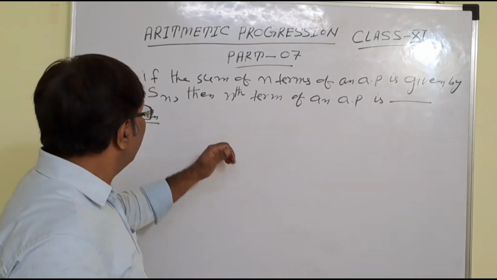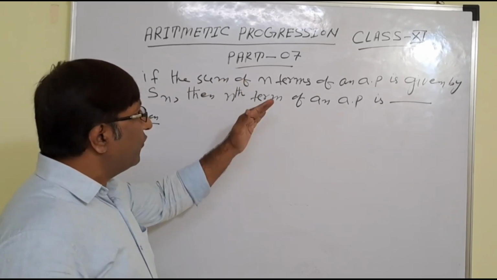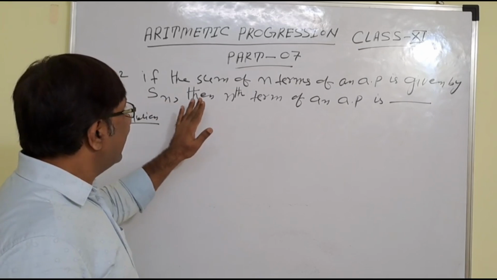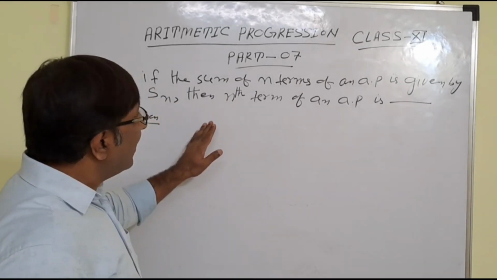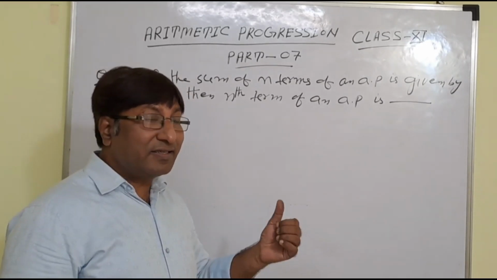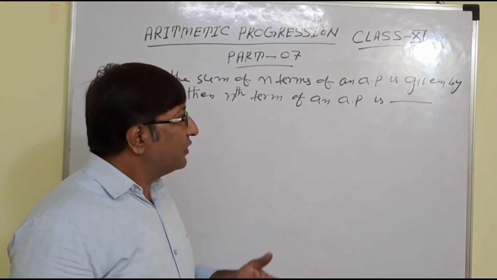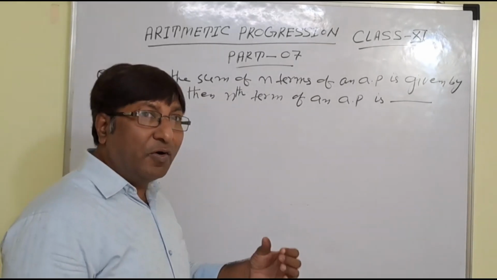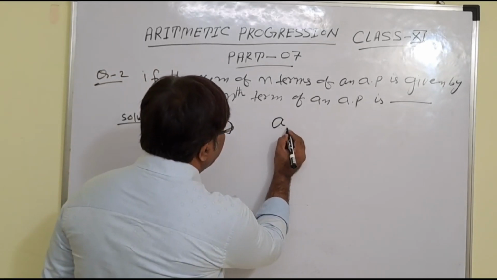Now see the next question, question number 2. If the sum of n terms of an AP is given by Sn, then what is the nth term of the AP? That means the sum of n terms of any AP is given, and you have to find the nth term of the AP. There is a simple technique to find the nth term of an AP when the sum of n terms is given. So the simple technique is: the nth term, that is An,